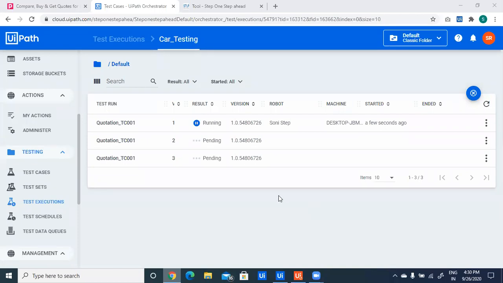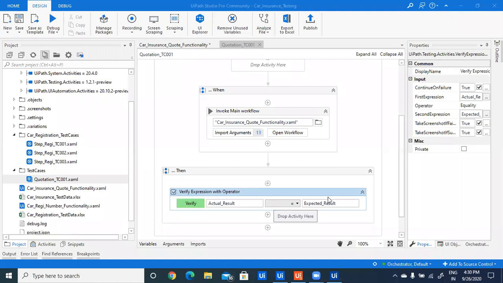So our test case is in running state. It has closed my current browser window and opened the Google browser with this particular URL.